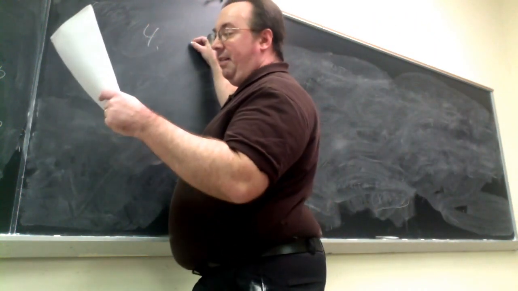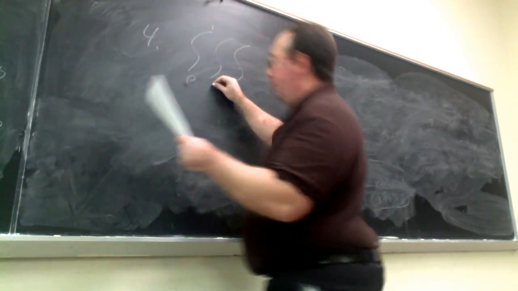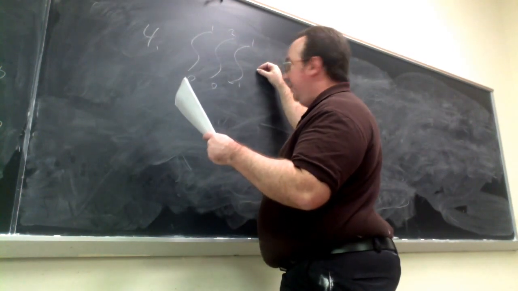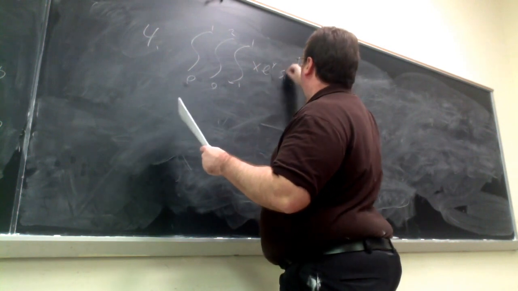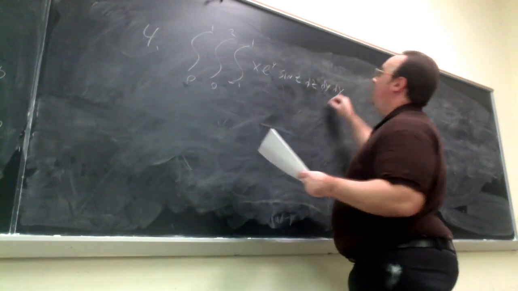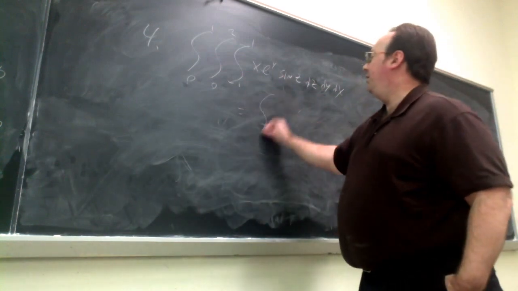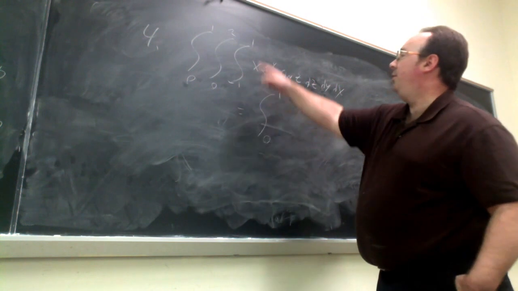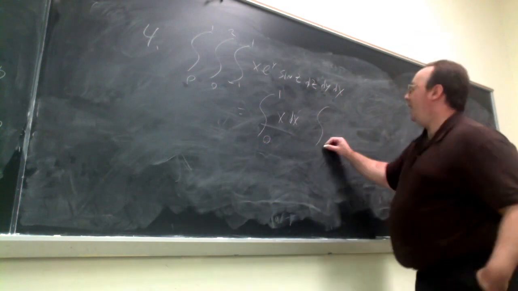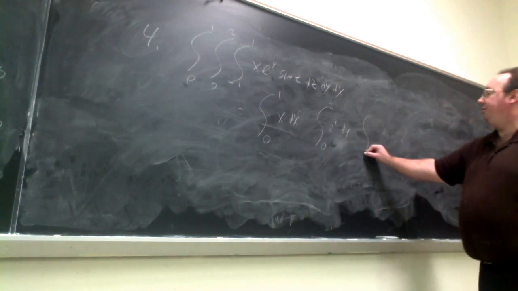So number 4, we have 0 to 1. So the whole integral this time is set up as it's given. And then we have x e to the y sine z dz dy dx. Now, since all the limits are constant, this can be pulled apart into a product of 3 single integrals. So for dx, we have 0 to 1 x dx. Then for y, we have 0 to 2 e to the y dy. And then we have minus 1 to 1